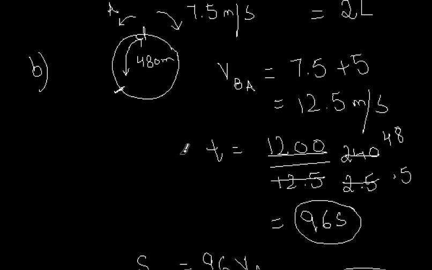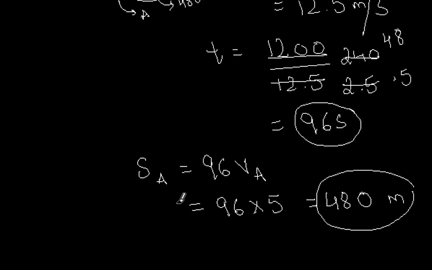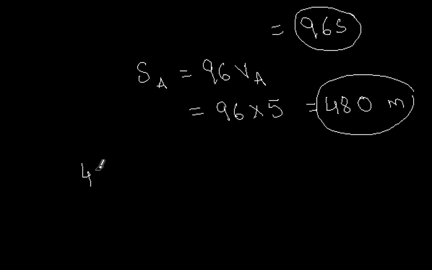But we have to find out when will they meet for the first time at the starting point itself. Now once they are here, now from here A starts moving here and B starts moving here. Still they are moving in the opposite direction. So once again they will meet after 480 meters. And this cycle will go on. But when will they come to the starting point again? So every time, basically every time they meet, they have covered 480 meter distance in the anti-clockwise direction,